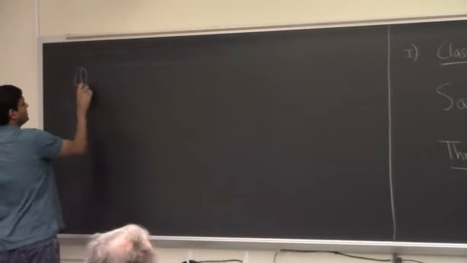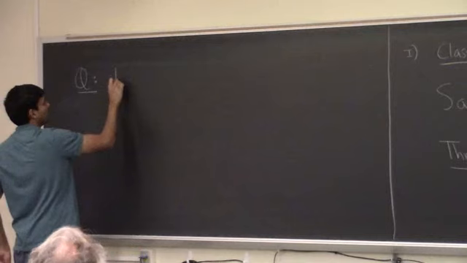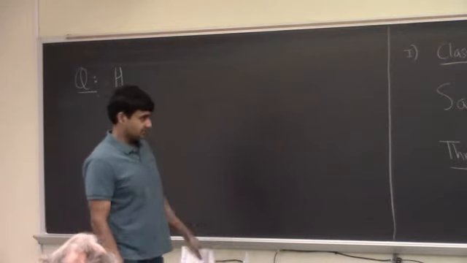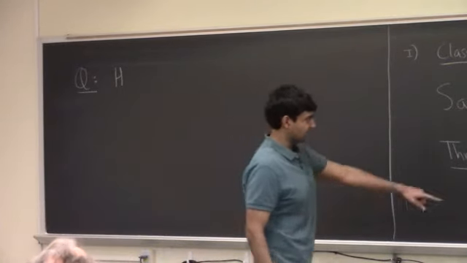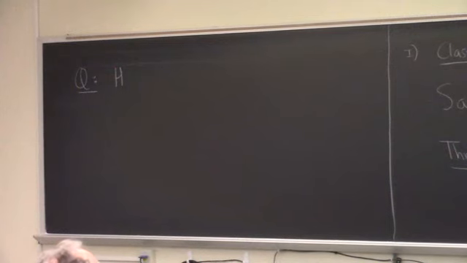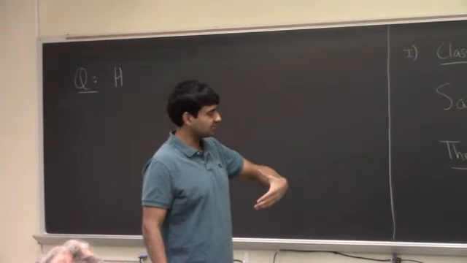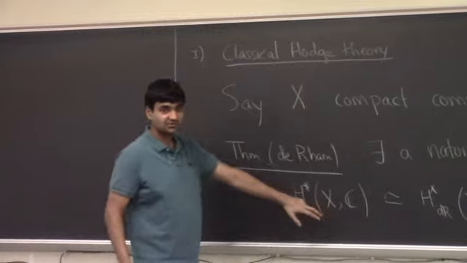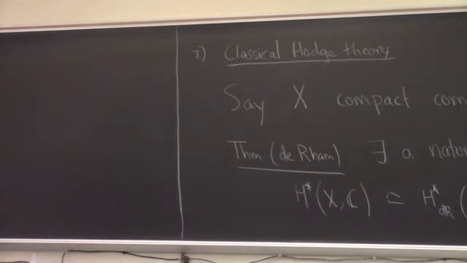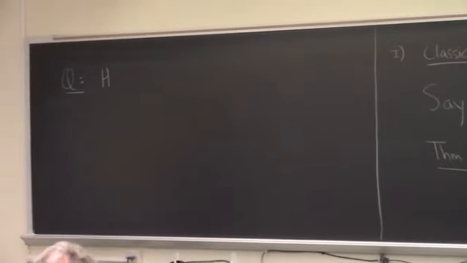So, question is, let me say in words what I'm doing first. So here, in both these theorems, you're studying the cohomology of X with complex coefficients. So you've lost all the torsion information. If you have a torsion homology class, or torsion singular cohomology class, then you extend scalars to the complex numbers, it just dies. You don't see it. And so the obvious question you could ask is,